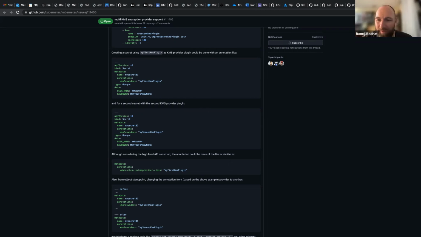Oh, we'll do it in a different way. So when we discussed with the two major government agencies that we're working with, one is the equivalent of Homeland Security, but for Europe, and the other one is in Hong Kong, we were discussing that approach of multi-KMS because they need it.